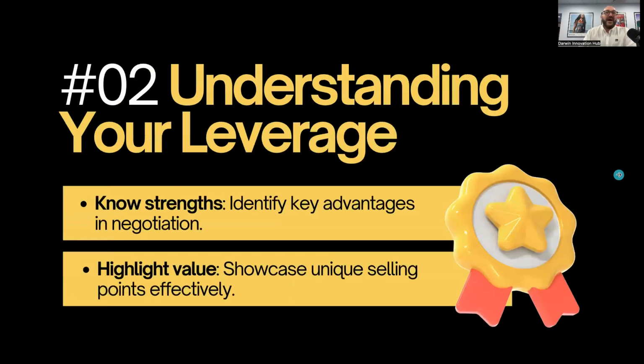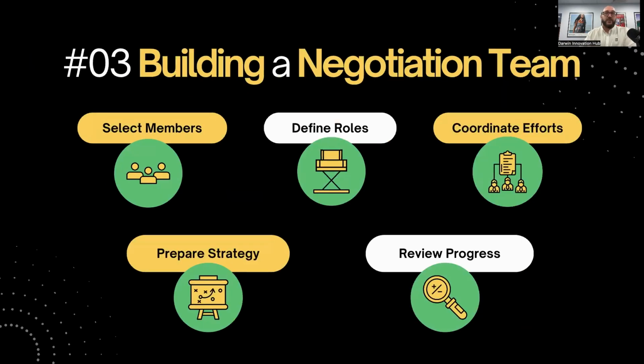Gosh, you can even do research through Perplexity AI or ChatGPT and see what's the norm for this kind of thing. Underestimating your leverage is avoided by knowing your strengths. So know what your advantages are. What do you hold? What's your ace in the bag? What's your key strength in all this? And then highlighting the value of it. So showcase what your unique selling points are really clearly, really effectively, and very convincingly. This is where the charisma of someone who has a lot of belief and a lot of passion in their product and service will come to the fore.